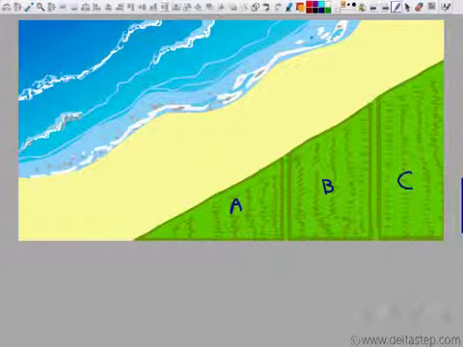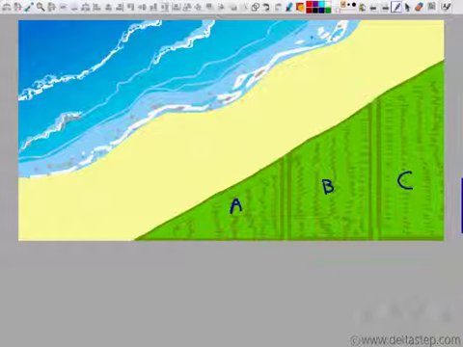Again, this distance for plot B, which is along the ocean, is the ocean frontage. Again, this is the ocean frontage for plot C. Now, the more the ocean frontage, the more the selling price. So which of these 3 plots do you think would have the highest selling price if I look at ocean frontage? What the property dealer sees is that this land is in the shape of a triangle.